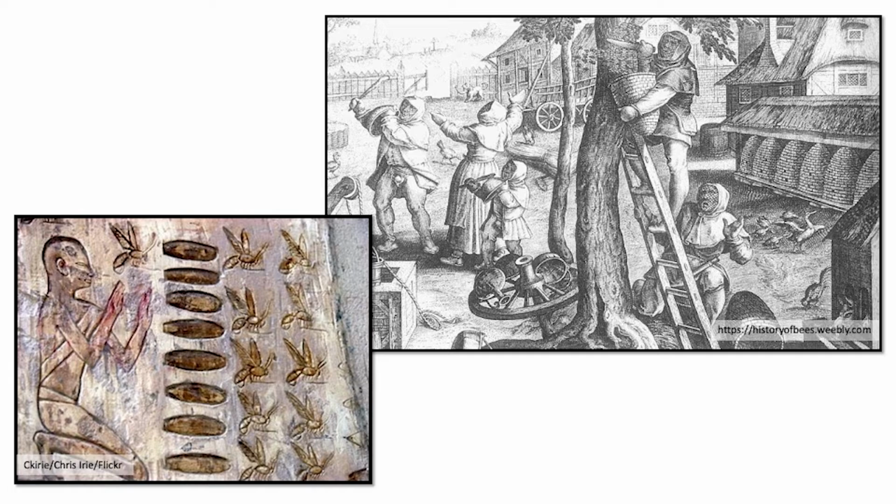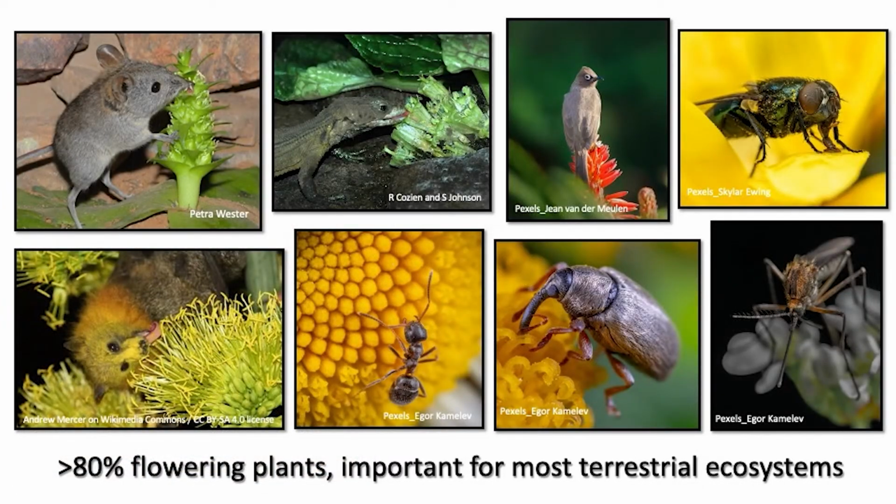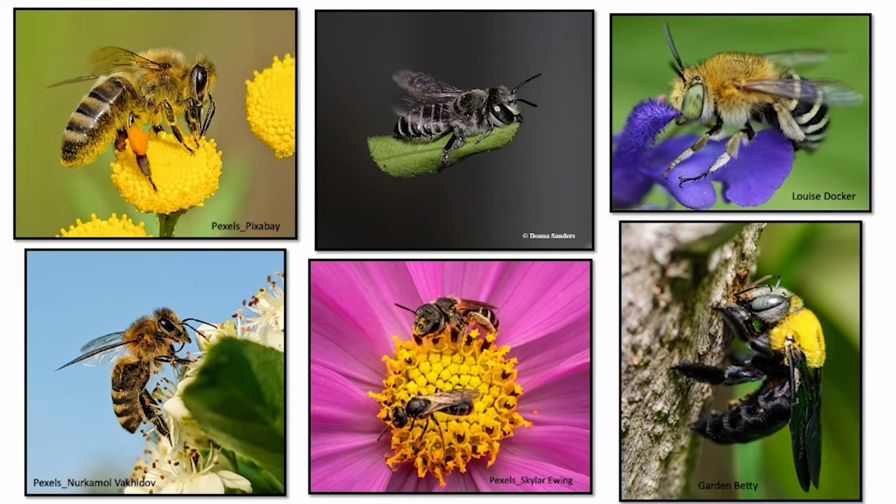And honeybees are the most well-known insects that are used by humans for pollination and for honey production. But pollination is a service provided by a variety of animals, responsible for pollinating more than 80% of our flowering plants, and are important in most, if not all, terrestrial ecosystems. And most pollinator species are wild, and they include various invertebrate and vertebrate species. And then there's the infamous honeybee that's often portrayed as the pollination hero, but honeybees are in fact not the